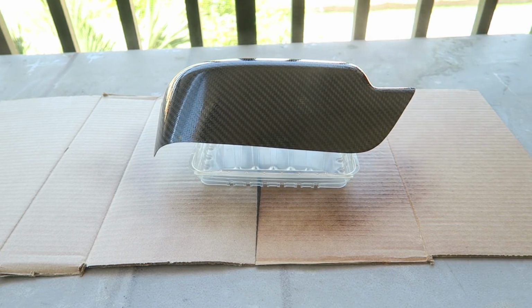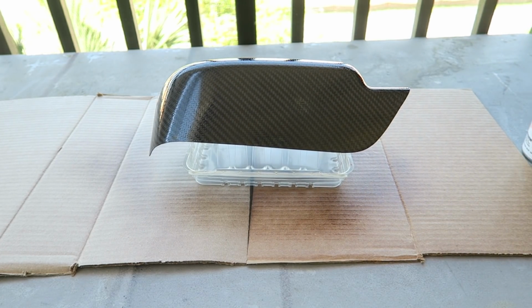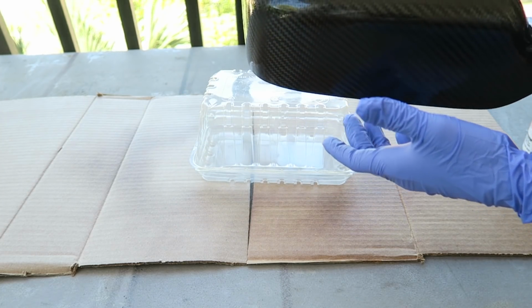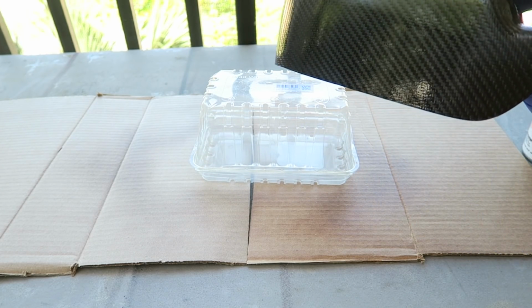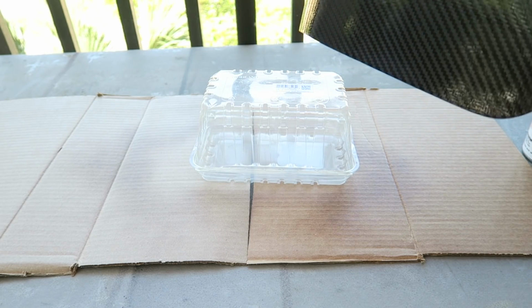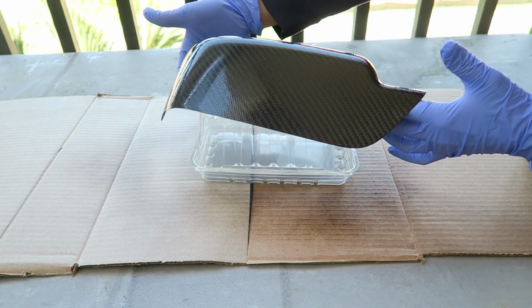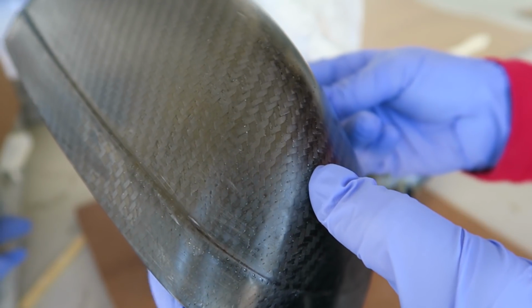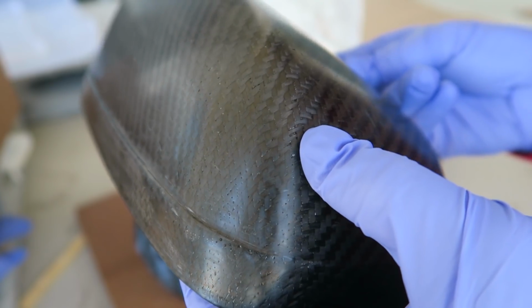So once this dried, I went to the next step, which was sanding and polishing to get rid of the brush strokes that were left behind from spreading the sealer into the pinholes. And it just wasn't looking good. It looked worse than before I started doing the sealer. And eventually I just